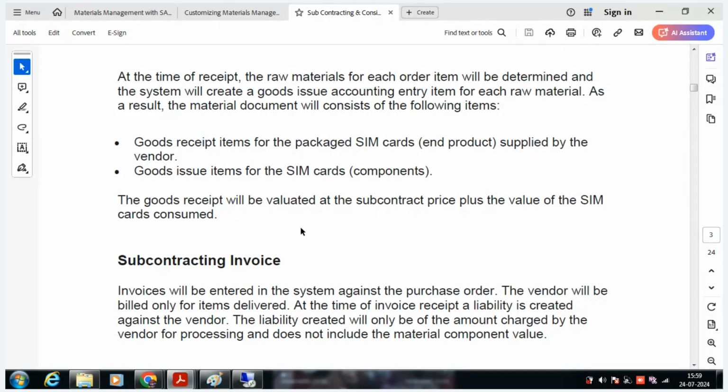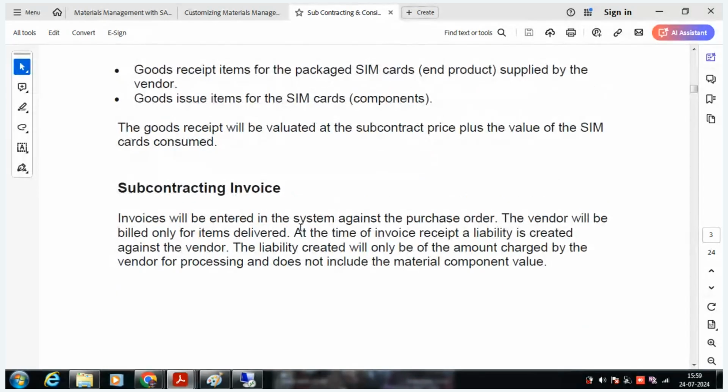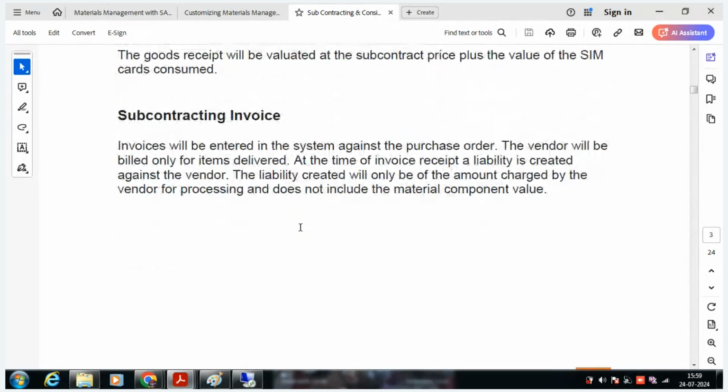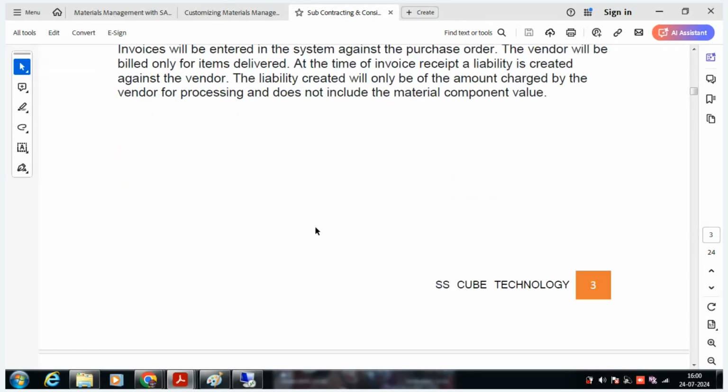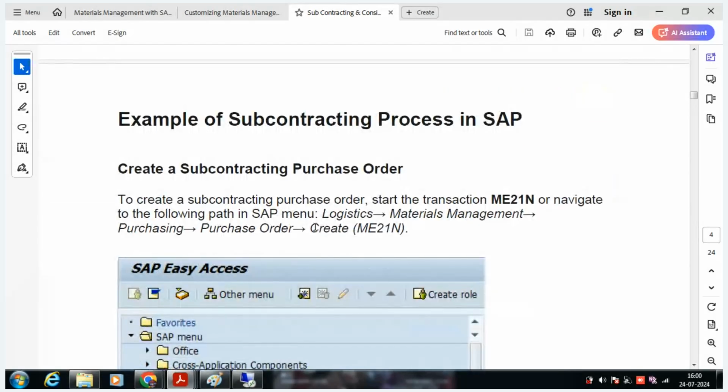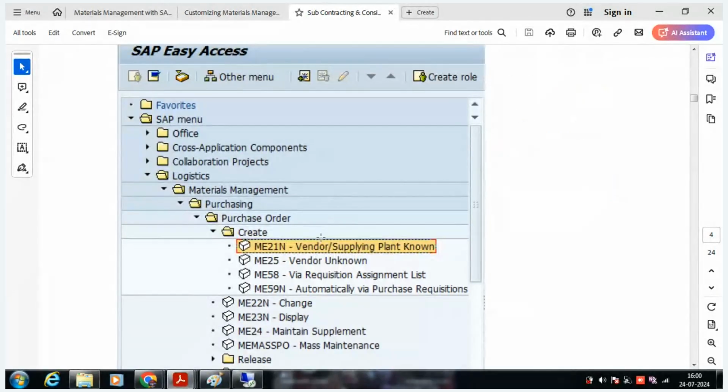Now, subcontracting invoice. The subcontract invoice will be entered in the system against the purchase order. The vendor will be billed only for items delivered. At the time of invoice receipt, the liability is created against our vendor. The liability created will only be the amount charged by the vendor for processing and does not include the material component. So here, if you see,